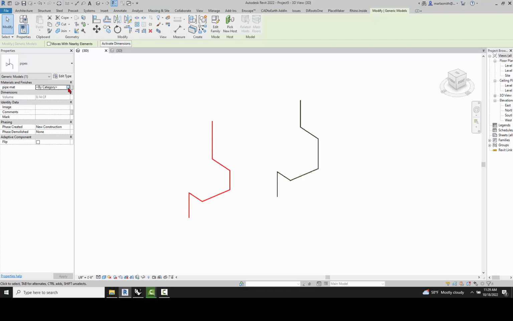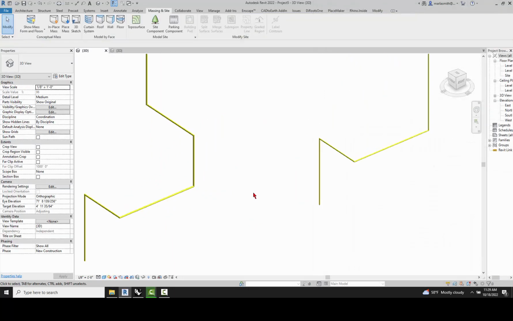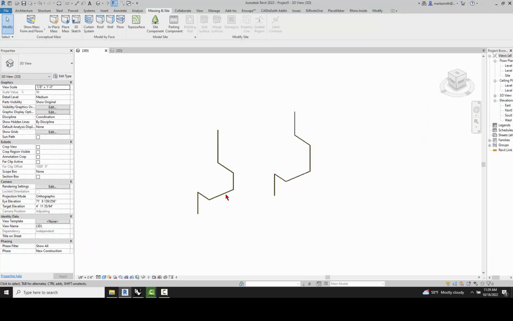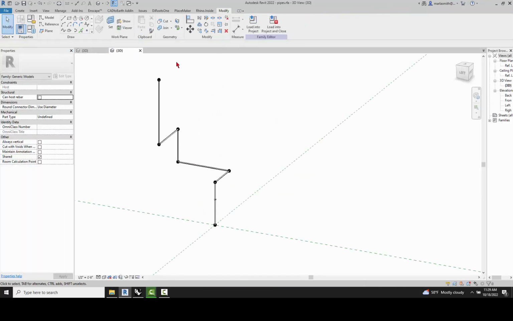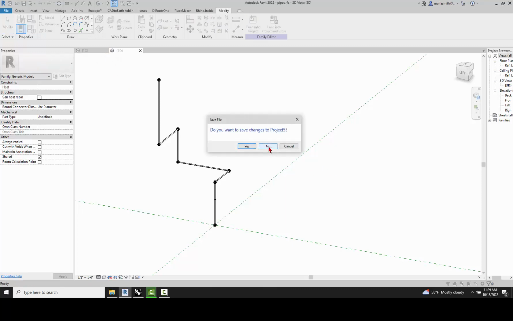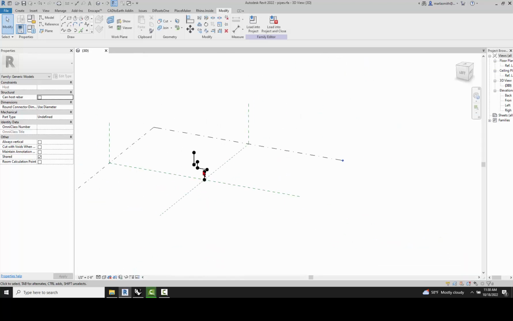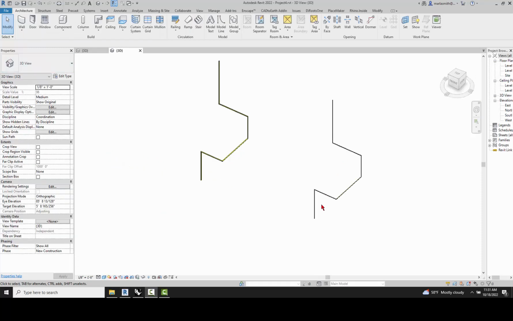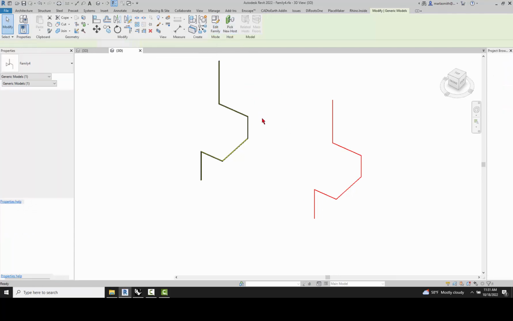You can also put a material on it. So if I go in and put parking stripe on this one as well, right now they both have parking stripes. So this one is a mass, this one is a separate generic model. If I pick this and go to Edit Family, it opens up that separate file, right, that I made, the RFA file. And then if I come in and pick the mass one, and I go to Edit Family,